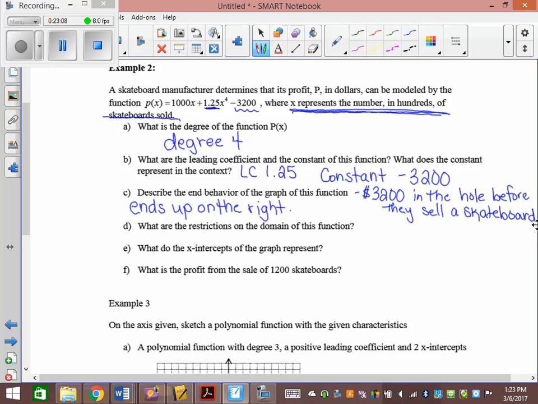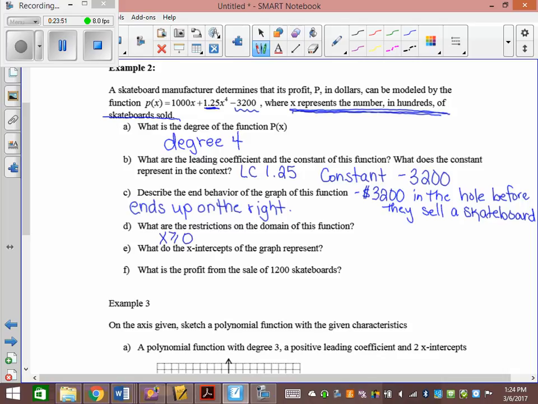What are the restrictions on the domain of this function? X has to be greater than or equal to 0 because why? Because you can't make negative skateboards. Now, some people will also say it also has to be less than a certain amount as well. Because it's a degree 4, remember degree 4 graphs? It'll start down and then go up and then it can come back down. There could be a point at which it goes back down to 0 and then you wouldn't want to sell any more skateboards after that,